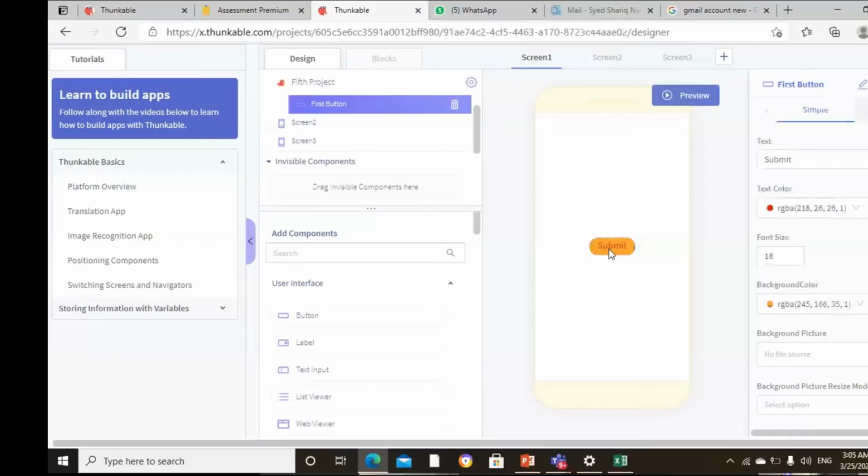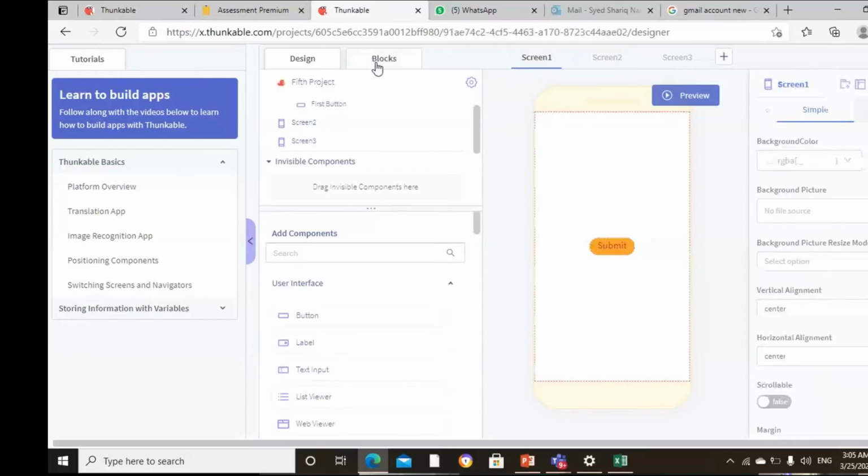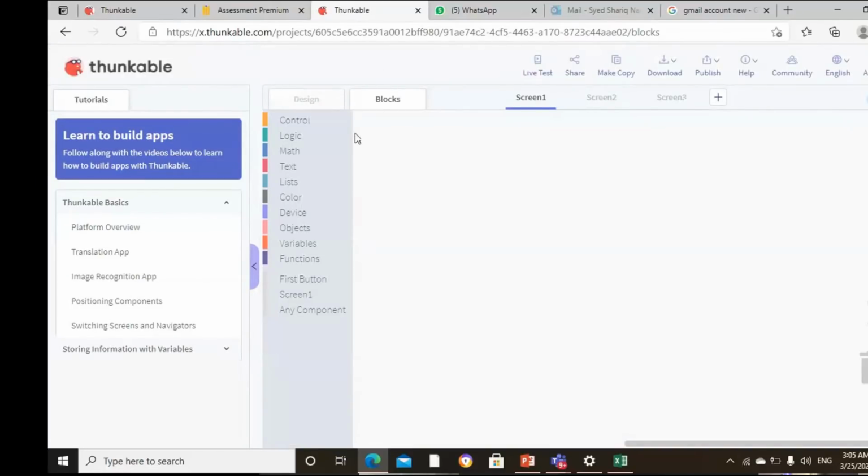Now what will you do? You will go to blocks here on the left hand side. And in the blocks again you will find different variables, control, colors. In the last you will see there is the first button and the screen one.